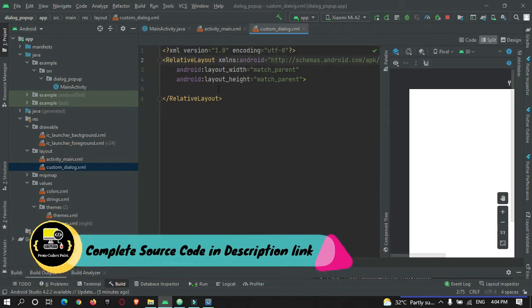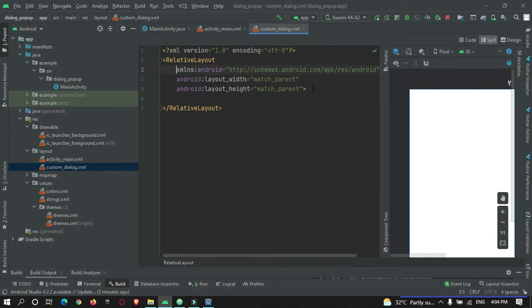Okay, so I will just fast forward the UI part. You can just copy this code in the video, or you can visit my website to get the complete source code. Okay, so I will just fast forward from now, just the UI part.